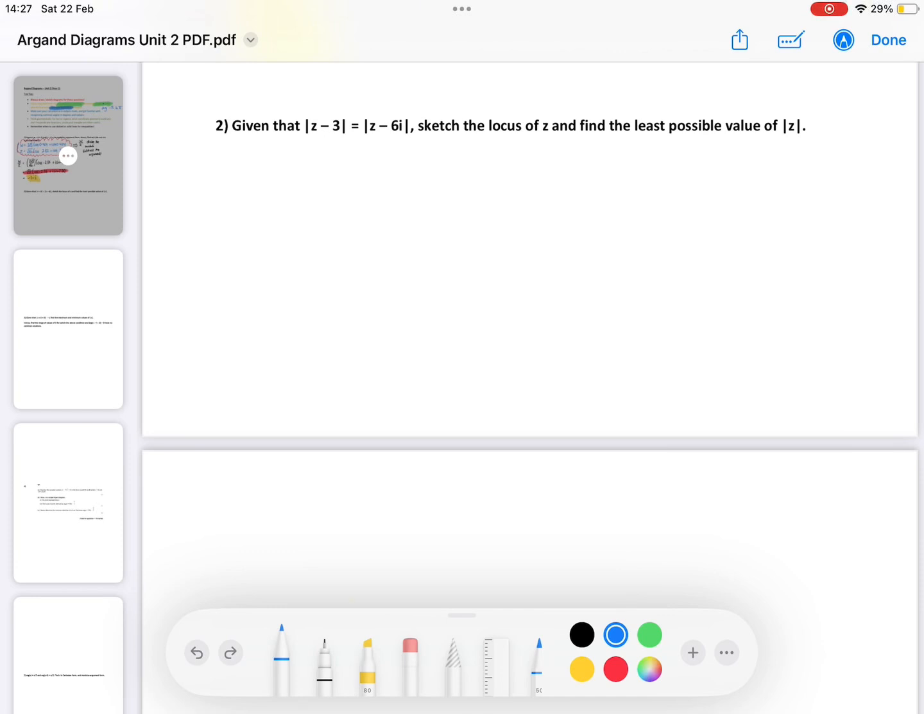Right, so for our next question, we've been told, given that the modulus of z minus 3 equals the modulus of z minus 6i, we need to sketch the locus of z and find the least possible value for the modulus of z. So first of all, what I'm going to quickly do is rewrite